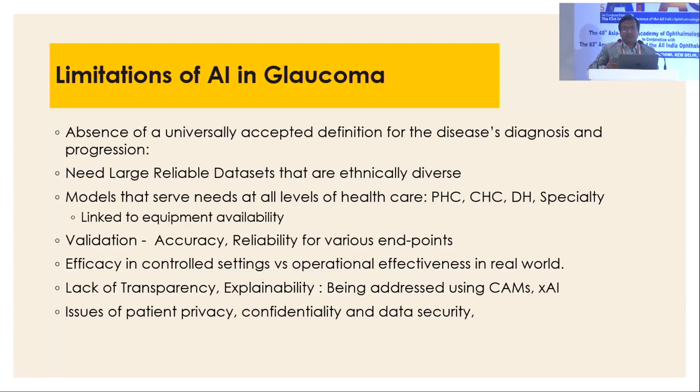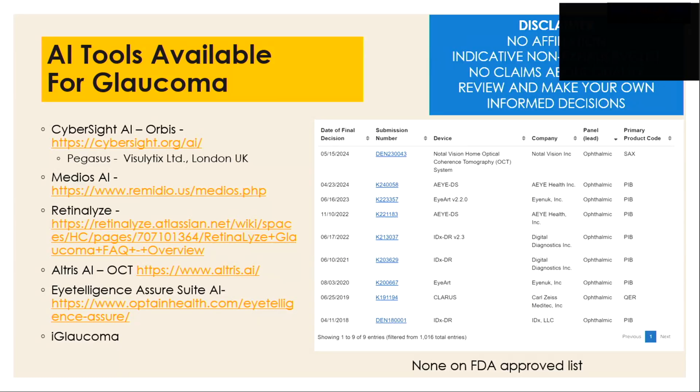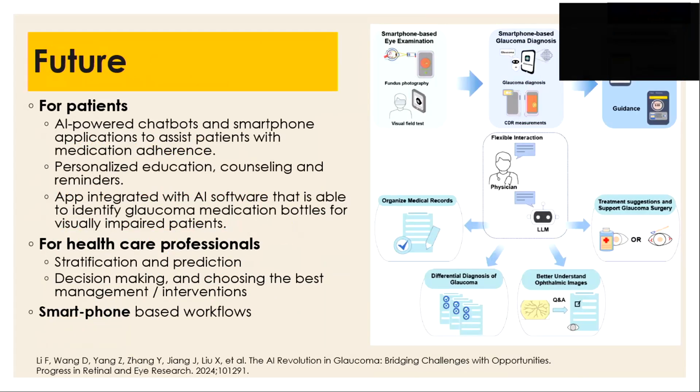There are issues of explainability of the results of AI. However, those are now being solved by using activation maps and explainable AI, and those kinds of outputs of the AI models, which make the results actually explainable to the physician as well as to the patient. Currently, at least in the US, there is no FDA approved tool. In India, there is no CDSCO approved tool for glaucoma. We have tools which have been approved for AI for diabetic retinopathy, but this is a non-exhaustive list for glaucoma.